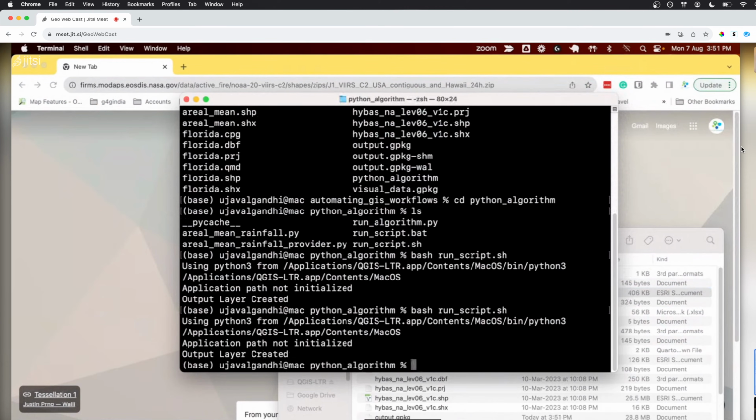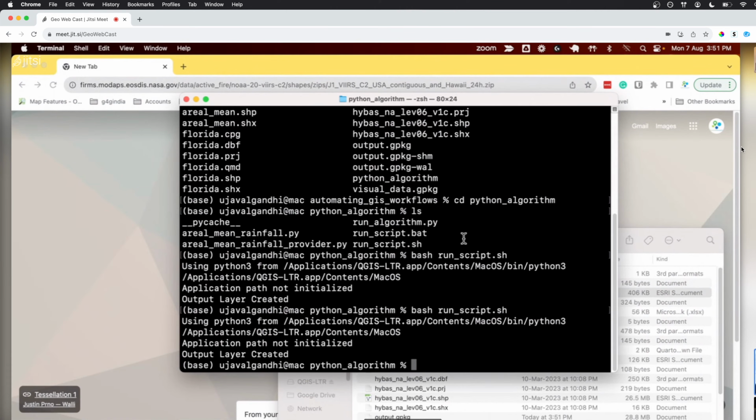So if you have a web app where the user clicks a button, in your web framework you say, when the user clicks this button, go and run this Python code. And that Python code would be this script that we just ran. Your web app has already initialized all the environment variables, so it knows how to find QGIS. So now you are able to trigger this from anywhere where you can trigger Python code.